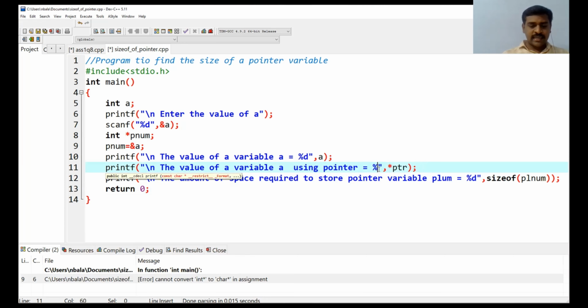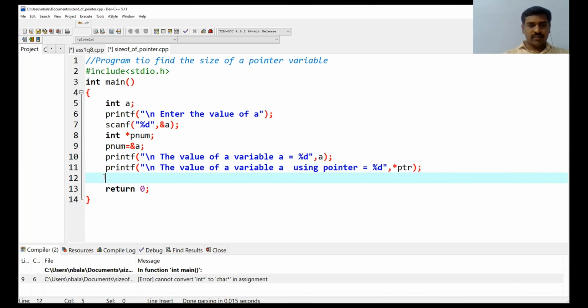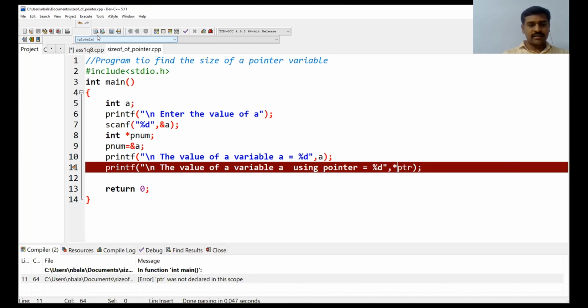Sorry, %d comma *ptr. Now let us see how the output will be. I am saving the program, then compile and run.